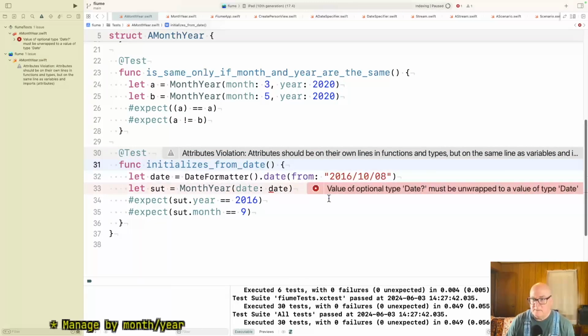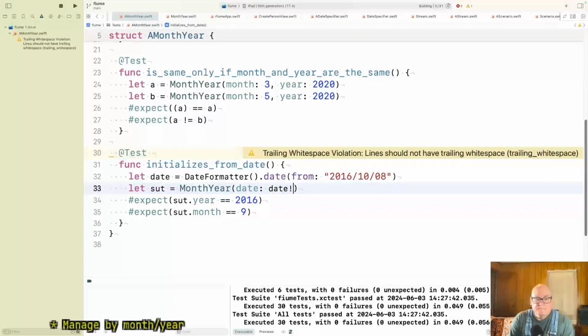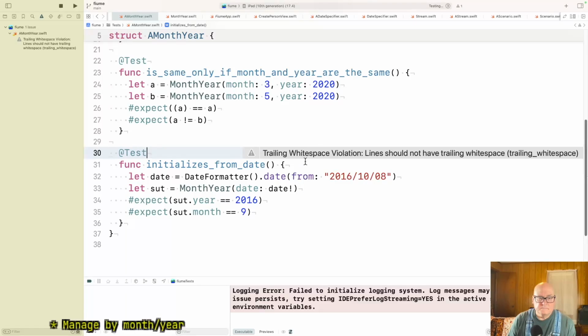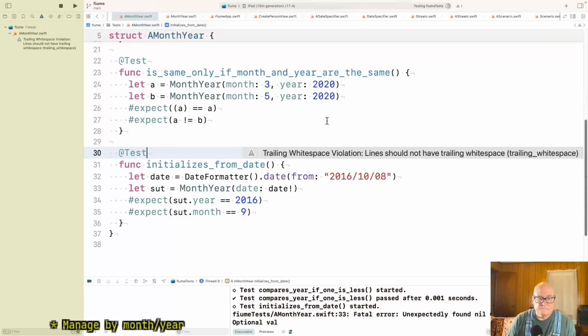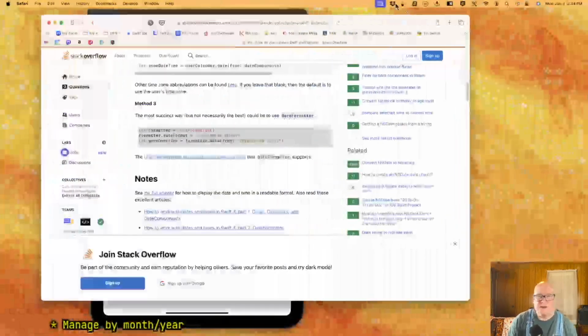Value of optional date must be unwrapped. Okay, so there is a default for date formatter and I'm not meeting it.